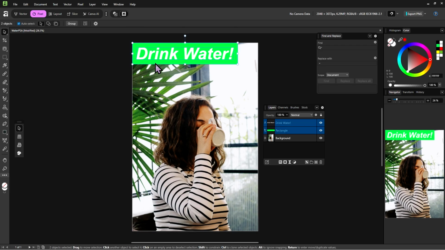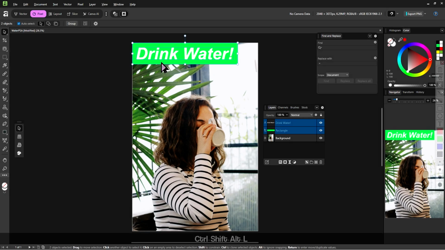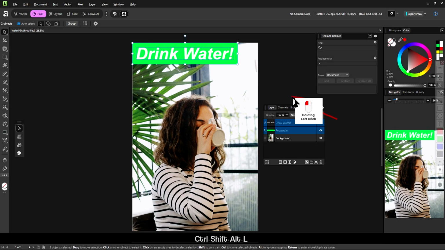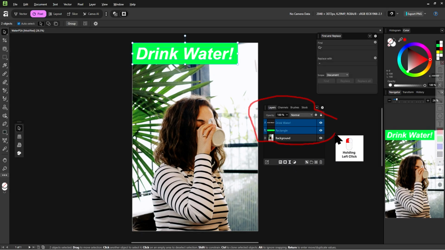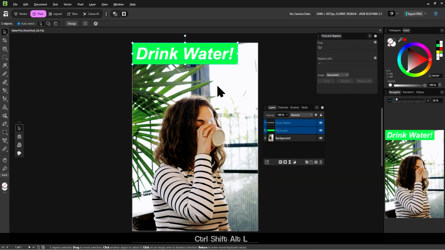And then select this drink water text, hold shift, and select this rectangle as well. As you can see, the bounding box, the blue box, wraps around both the drink water text and this green rectangle. Oh, and if you have noticed, in the layers panel, we can even see what objects are selected by looking at which layers are highlighted blue. So the layers containing the drink water text and the green rectangle are blue, that means they are selected.